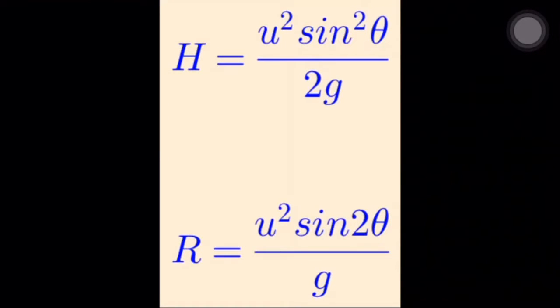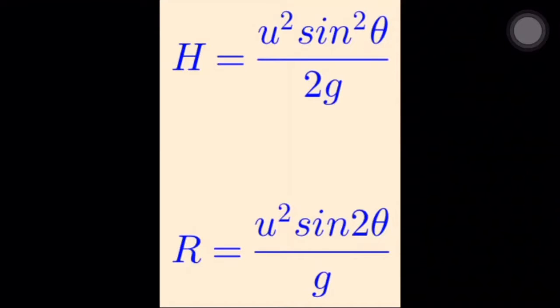And R is range, horizontal range, and it is given by u square times sine twice theta by g. Horizontal range is the distance from the point of projection to the point at which the projectile falls on the ground. So both h, R and T depend on u and theta, and the horizontal range is maximum when theta